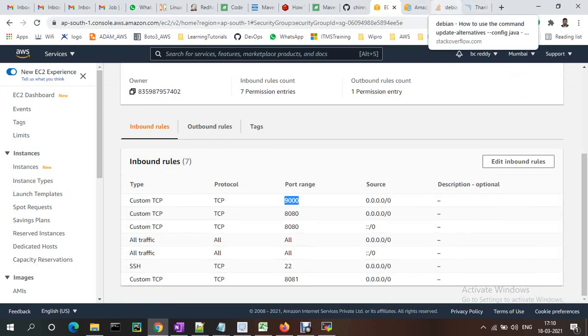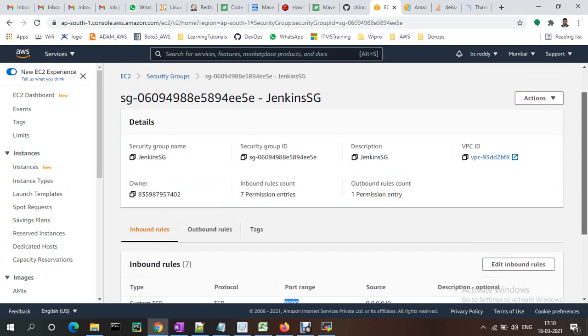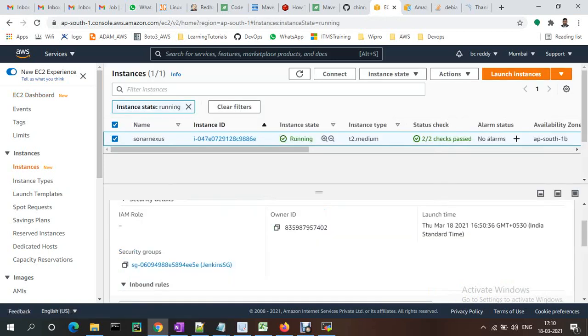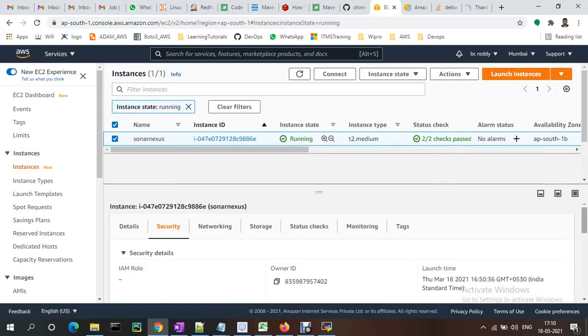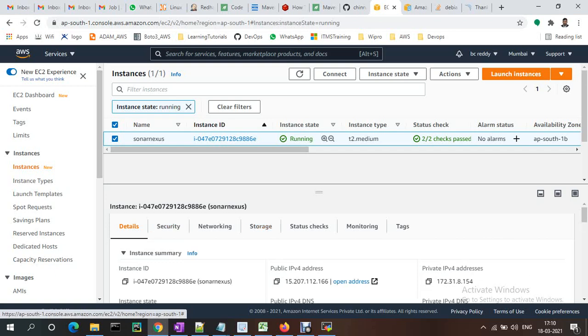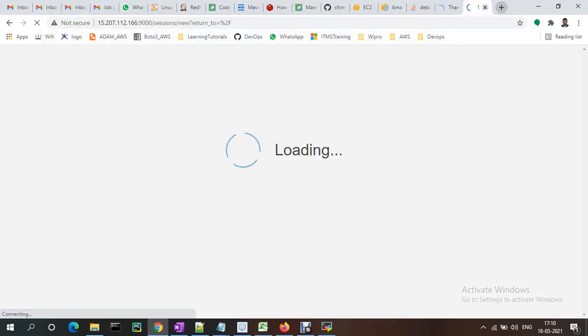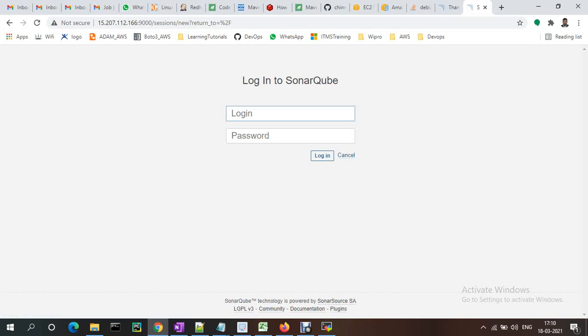Now take the public IP of the server and open the IP address. By default, the username and password is admin.